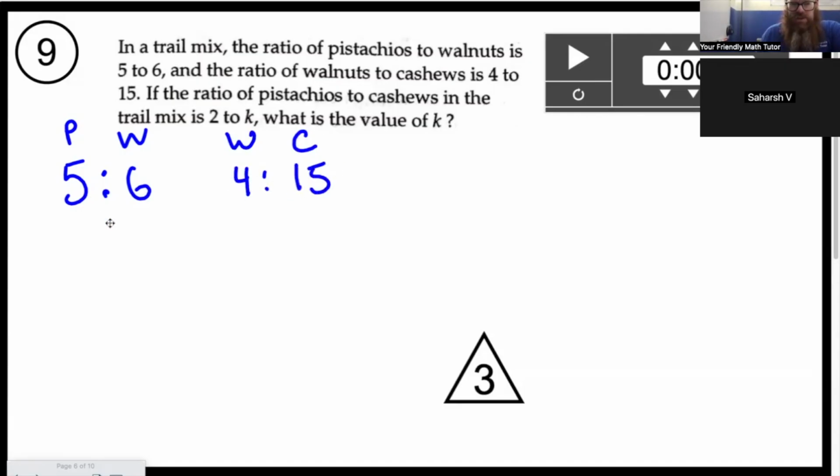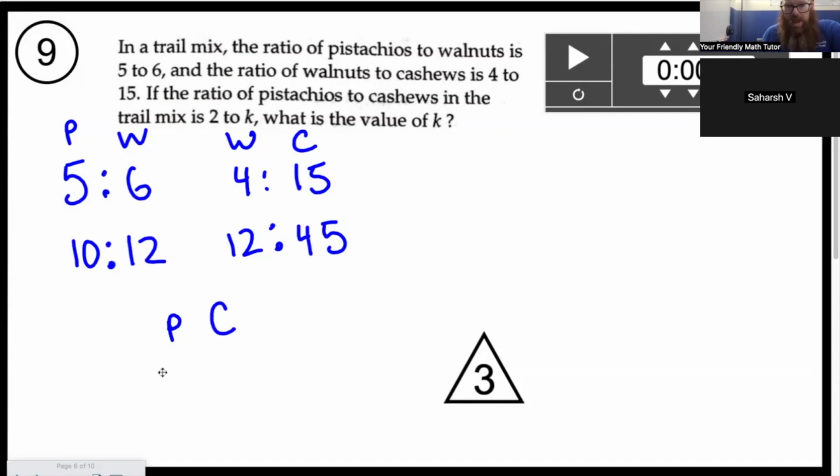The only way to get a relationship between pistachios and cashews is if the walnuts are the same. And we want to think ratios are just like fractions. So what I want to do is find a common denominator in a way. So 6 and 4 both go into 12. So I want both of these to have 12 in them, which means this one is being multiplied by 2. So this becomes 10. This is being multiplied by 3. So this becomes 45. So that means if I do pistachios to cashews, I'm at 10 to 45